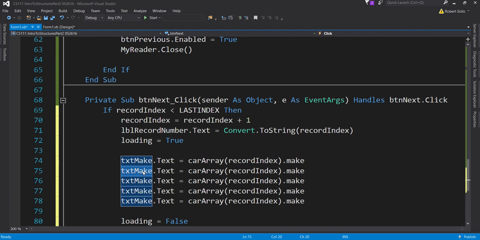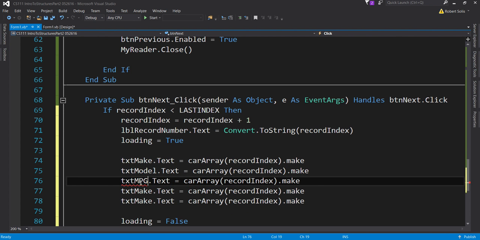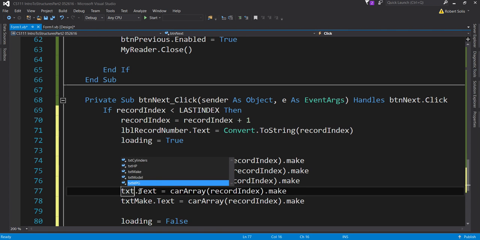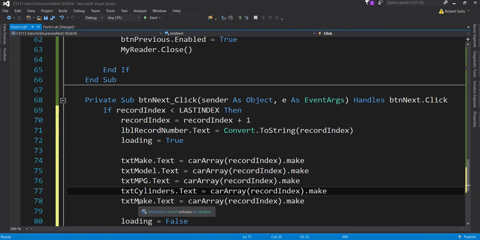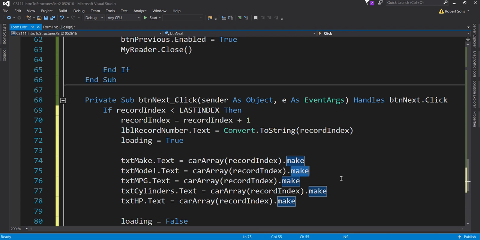And then I got to change these items. This will be txt model, txt MPG, txt cylinders, txt horsepower. And then, of course, I'm going to make those same changes over here. Model, MPG, cylinders,